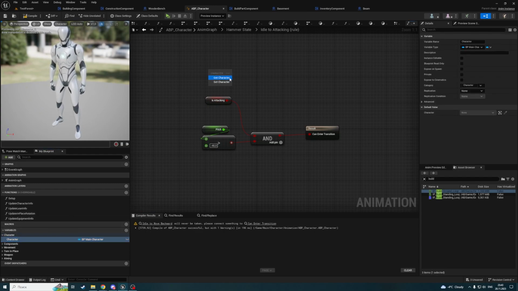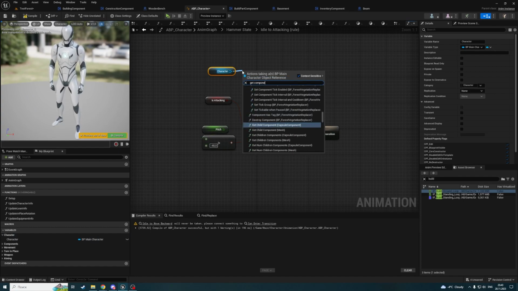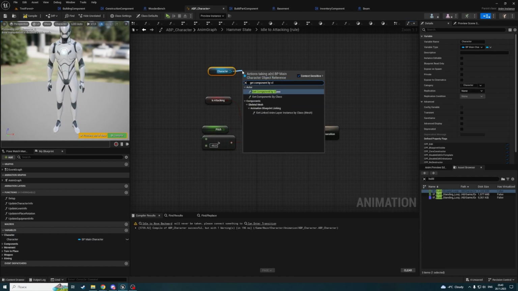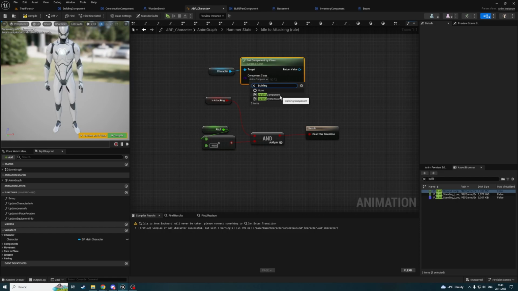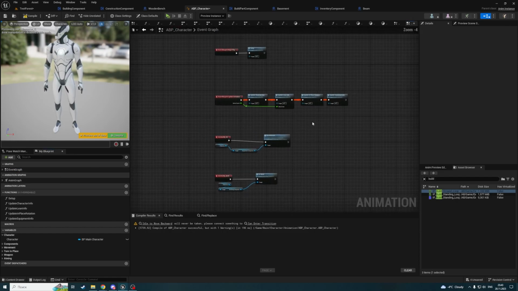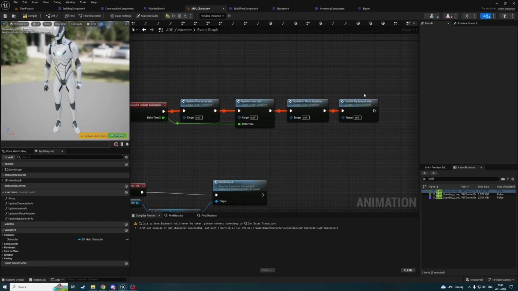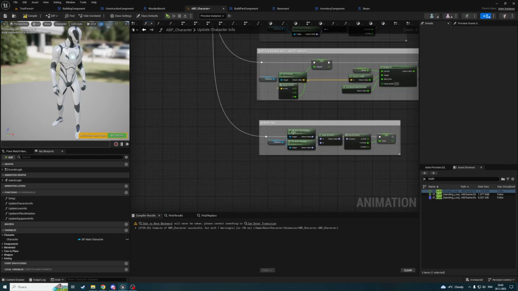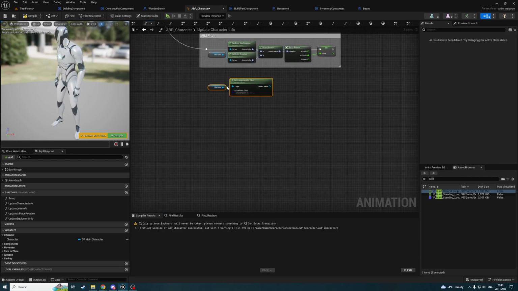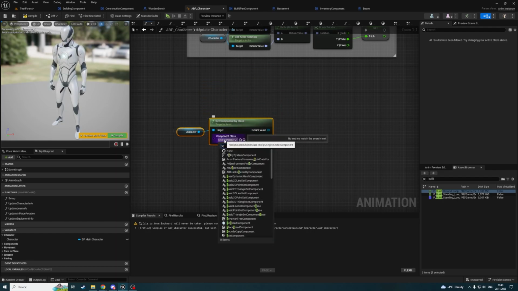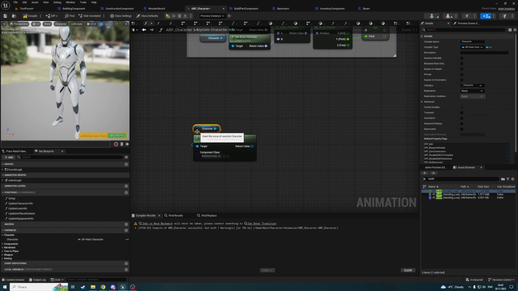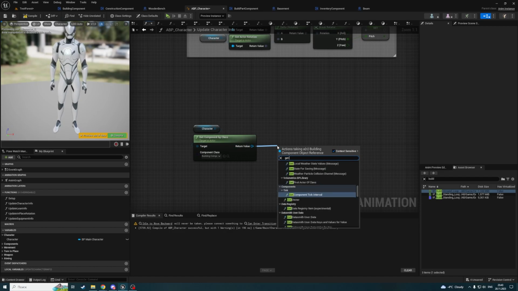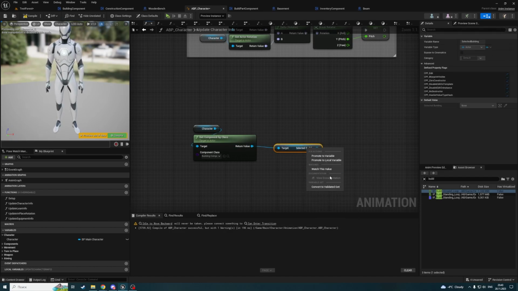get a character, get component by class, get building. No, not here, of course. I need to do it in event graph and not a character info. Yeah, it will be character info, and I will do it here. I will get building component, get selected building, and if it is valid,